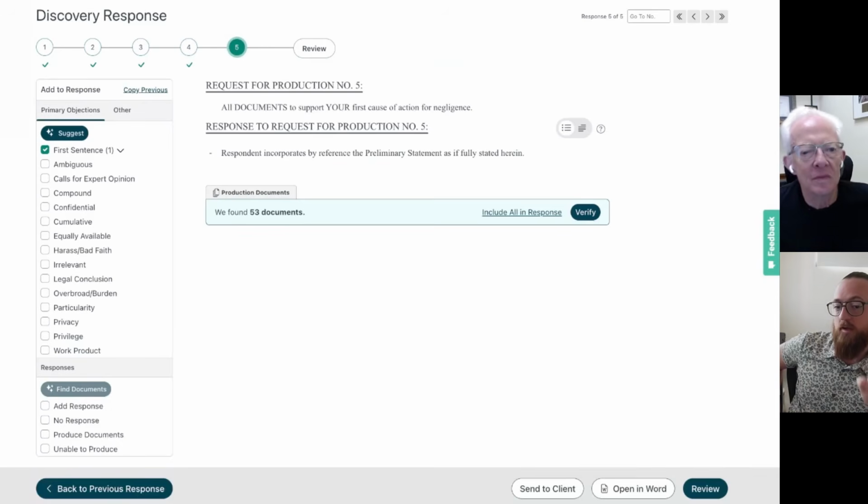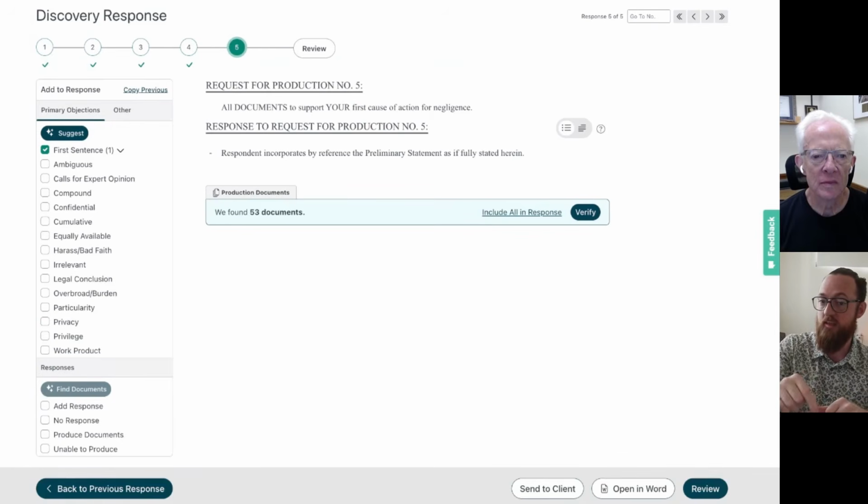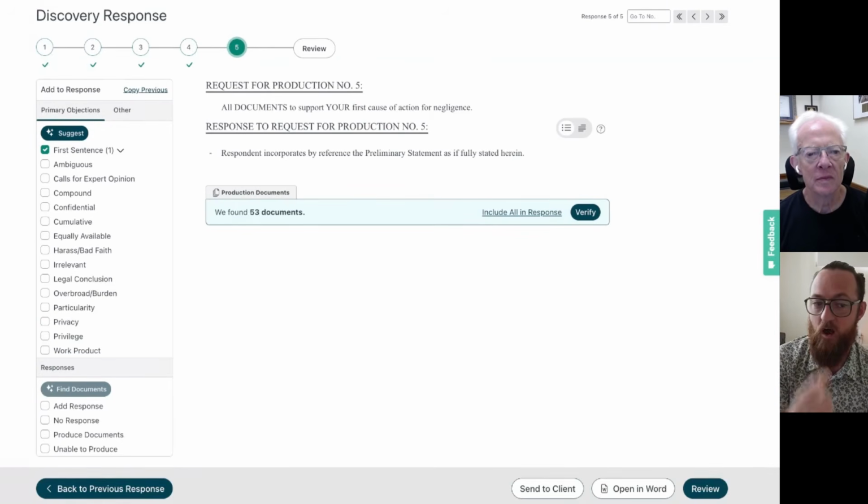Now, the reason we're able to actually find the documents that are supportive of this cause of action for negligence is because when you upload the production, you also upload a PDF of the complaint. So we know the facts of the case sufficiently, we know the parties, and we know their relationship to the case, so that we can say, oh, this document does support this cause of action for negligence, or this document